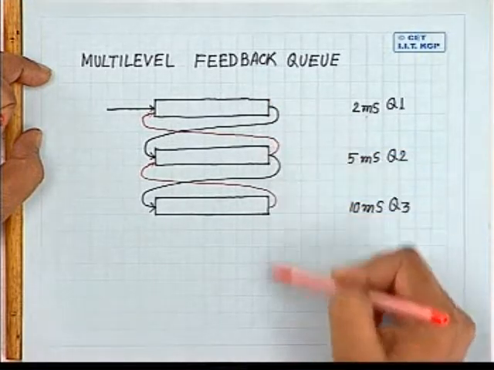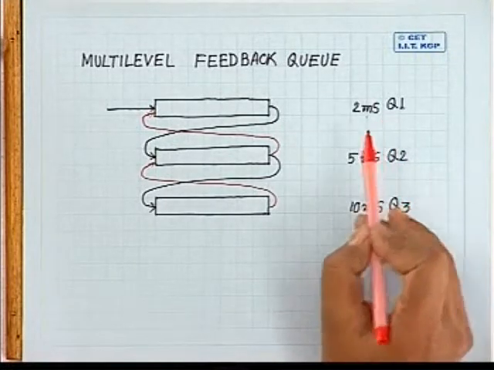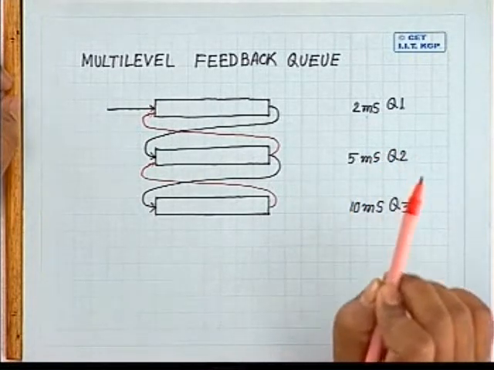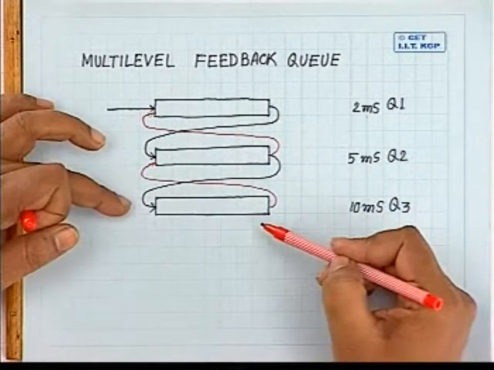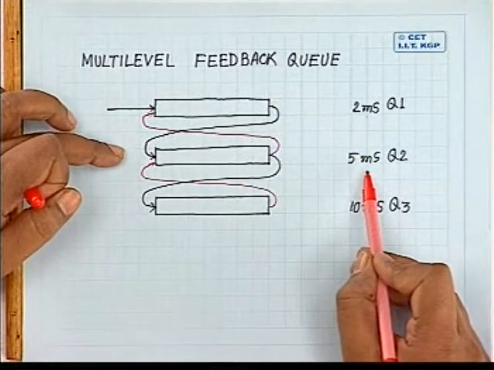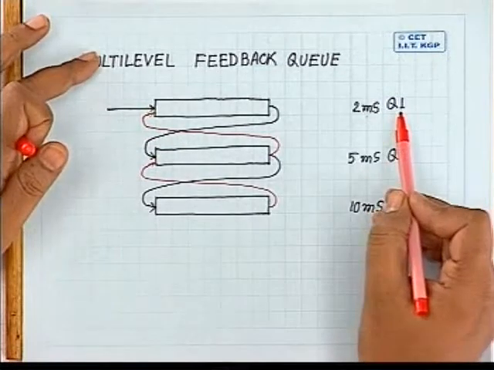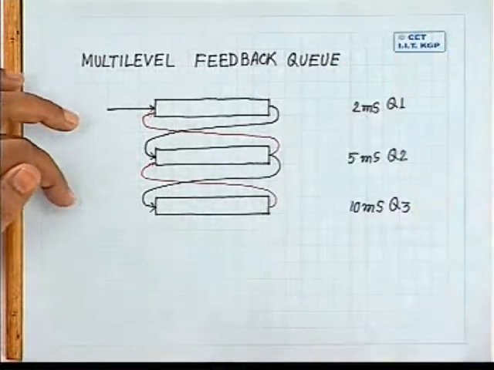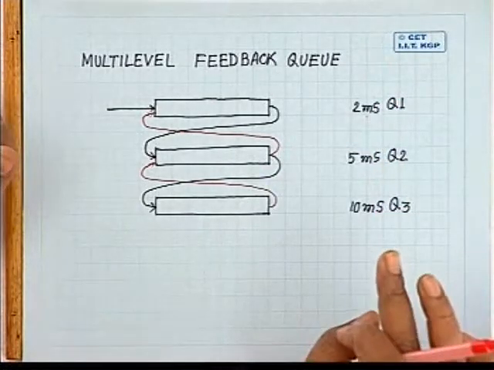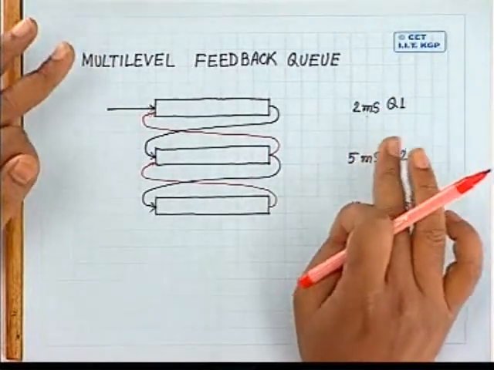See, so far as pushing down is concerned, it is very simple. At the timer interval, I just check whether there is still more time left for that job or not. But if I want to push a job upward in the queue, I have to monitor this 5 millisecond, 10 millisecond, 2 millisecond to find out where to put this job. So that requires some extra processing, right? That is why this upward pushing is normally not used, though it can be done.